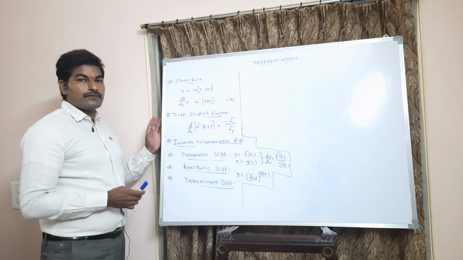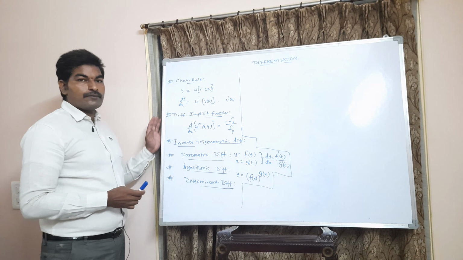If the process continues up to n functions, like u of v of z of t of something, you have to continue the chain rule process. Like first differentiate the u, then it becomes u dash. Next differentiate the v. If another function exists as a composite mapping of v, then you have to differentiate that one, and that one, and that one, and entirely you have to continue this process up to the end of these functions, right?